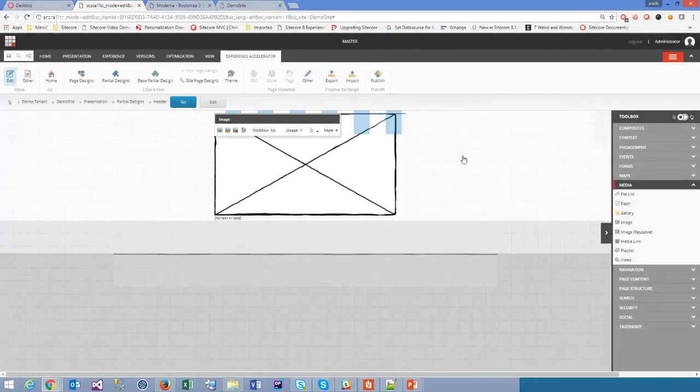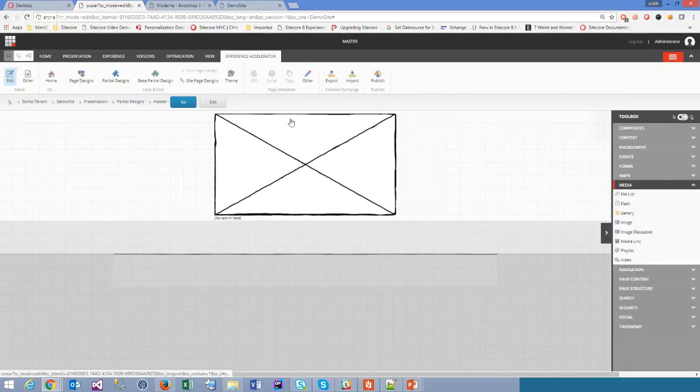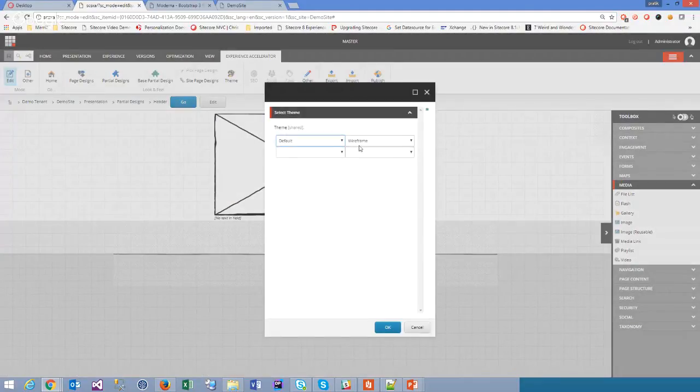Interesting. We added an image, a different image, but it looks like a wireframe here